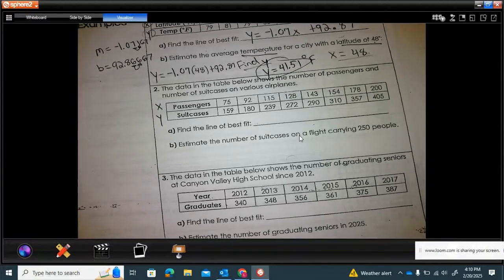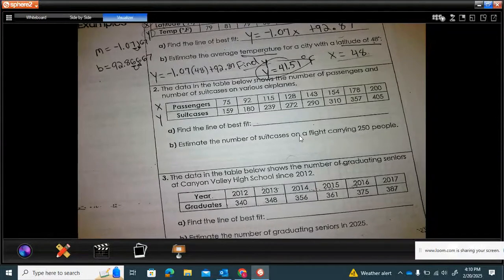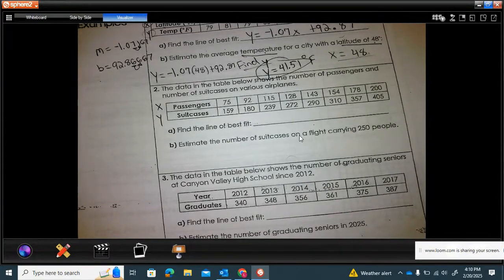So we have to estimate it using our line of best fit. And that's why the line of best fit is so powerful. It's actually used in real life all over the place. Like they use it even at Yellowstone National Park. There's a geyser which spits out water from the ground, and they found that it has a linear relationship. So what they do is they use linear regression to predict when it would go off again. So basically, tourists can schedule their entire day around this event because they use linear regression to predict when it's